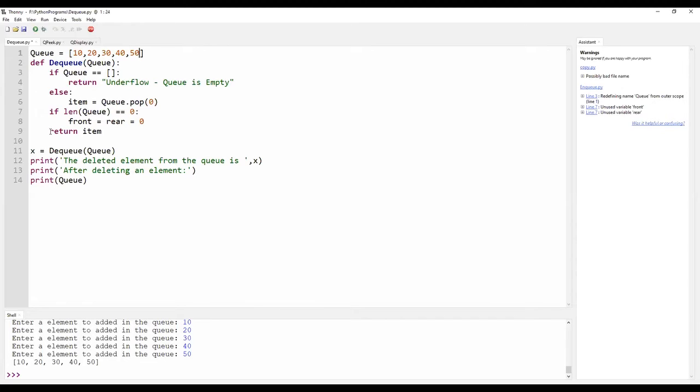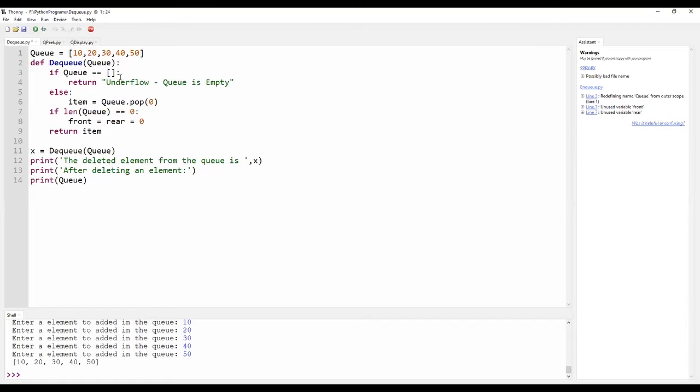Here, I am calling the function, namely x is equal to dq of q. I am giving the q elements as a parameter in the function called dq. We are trying to check whether the queue is empty.